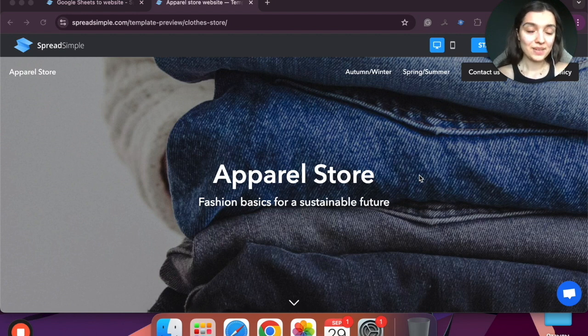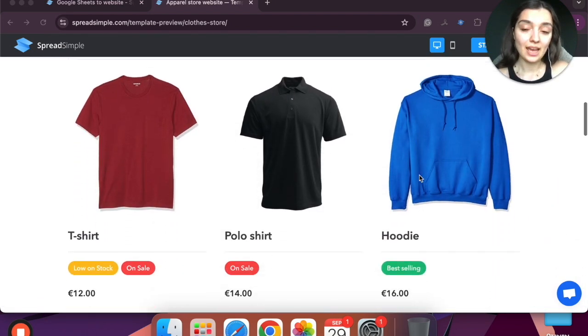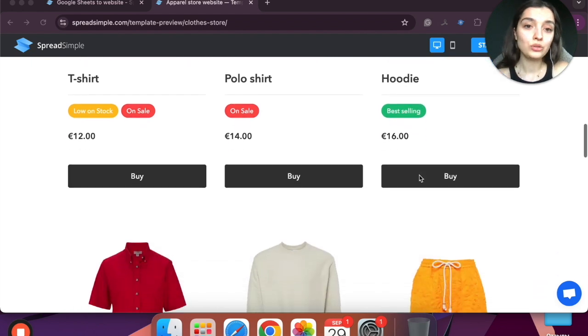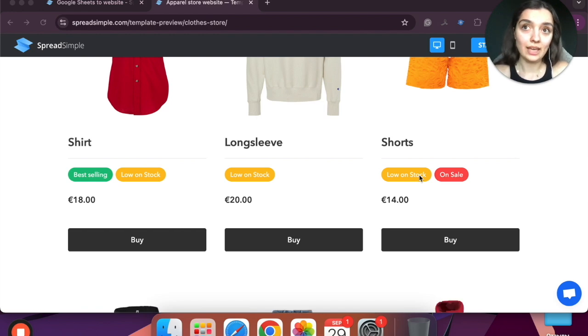Hi everyone. Let's build a website from Google Sheets in 15 to 20 minutes. We will be doing that using SpreadSimple. It's a no-code tool that will allow you to create any e-commerce website from your Google Sheets in literally under